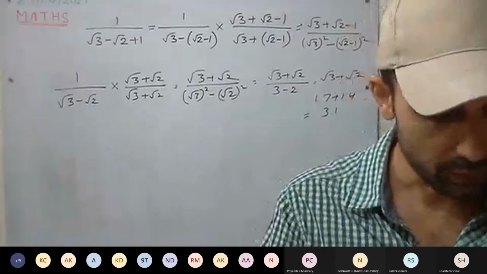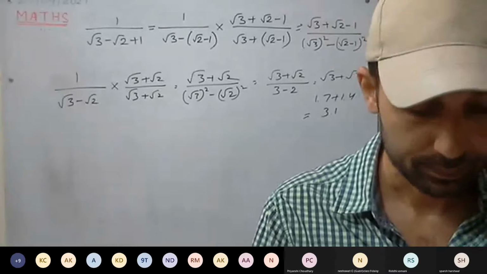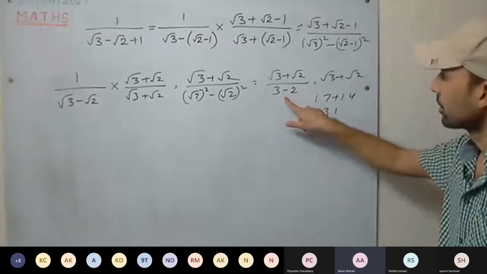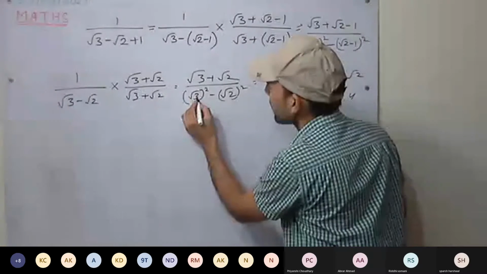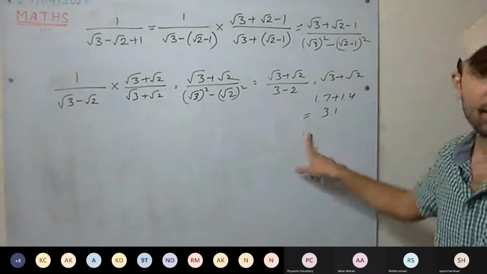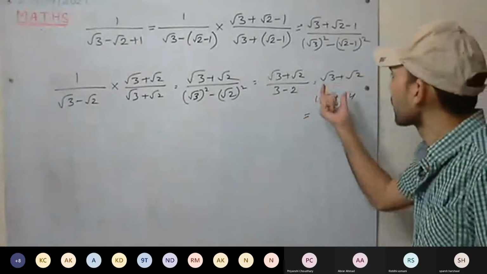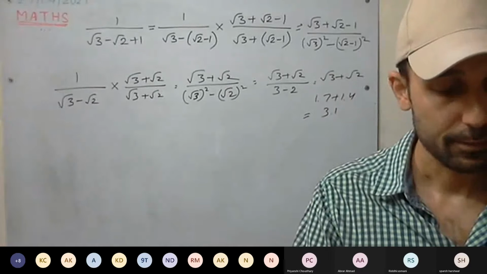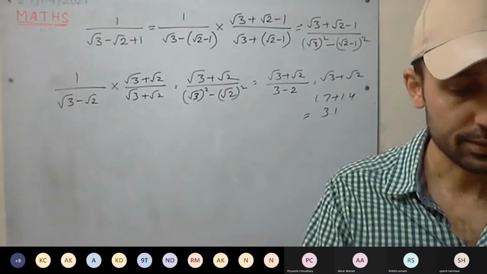Rest of them you can do as homework. So the second one you can rationalize. Sir, doubt. Sir, how does this root 3 plus root 2 upon bracket root 7 square come? 7 square, it is root 3. It is 3. Okay. Any doubt? Second one as well, rationalize it. After rationalizing, put the values. Third one as well, you can rationalize by multiplying with root 3. You can rationalize the denominator.